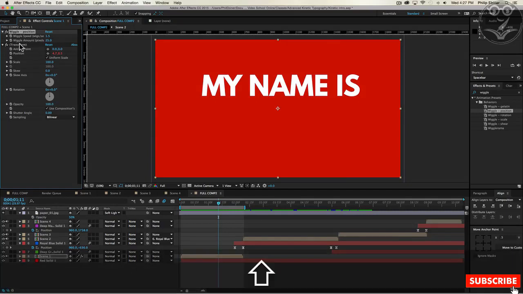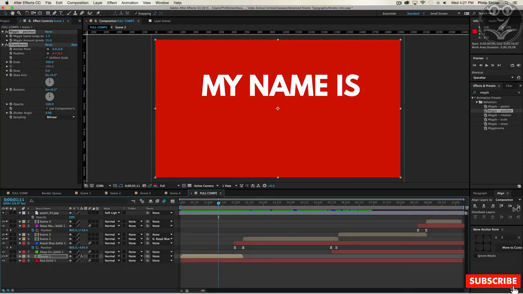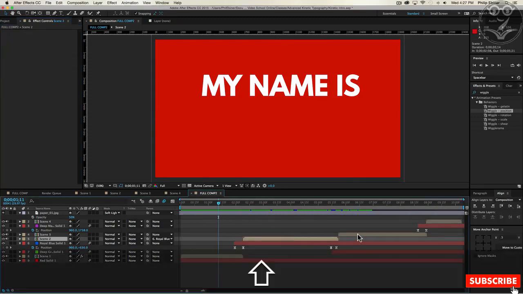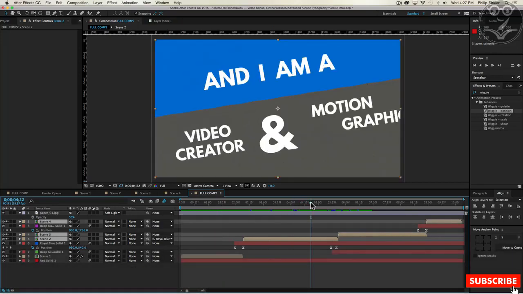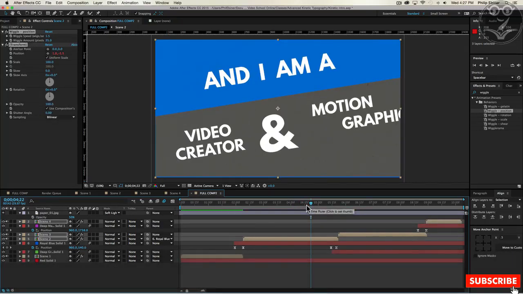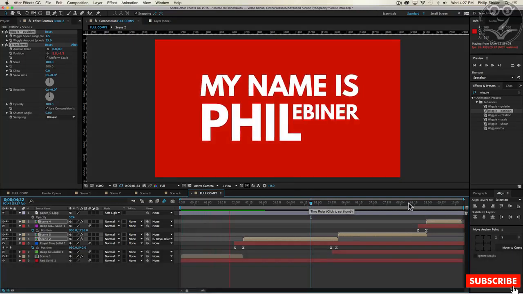Then I'm going to take this wiggle and this transform property up here, select both, and copy them, and then just select my other layers, Scene 2, Scene 3, and Scene 4, and paste it. So now if I play through it,